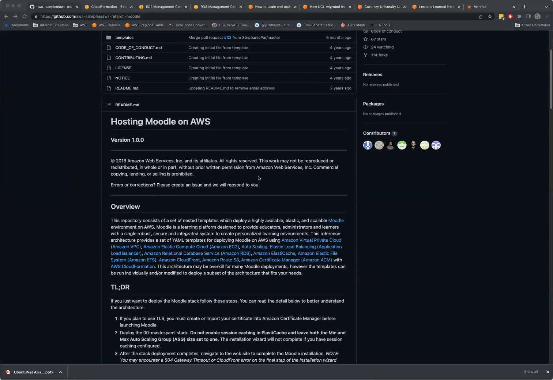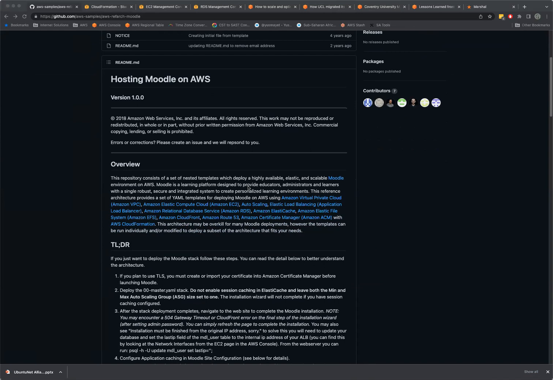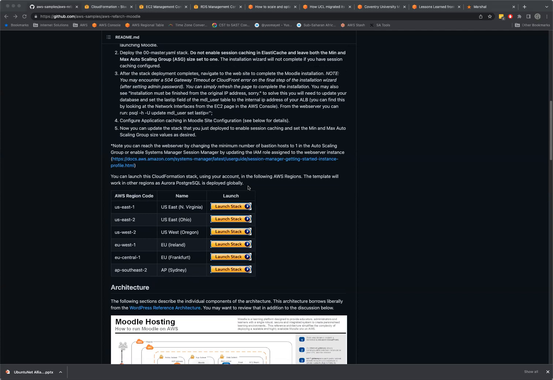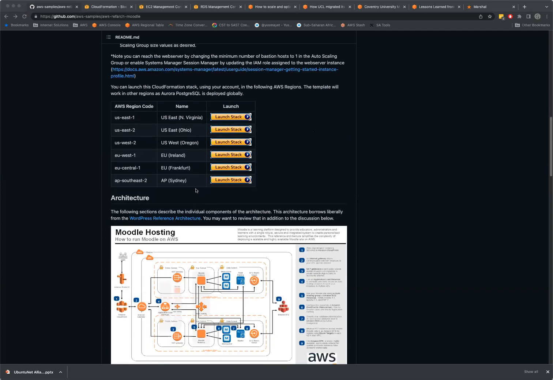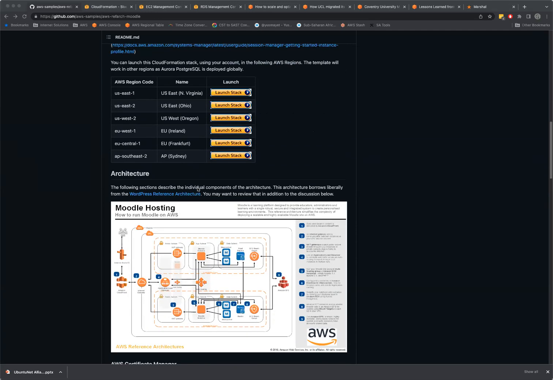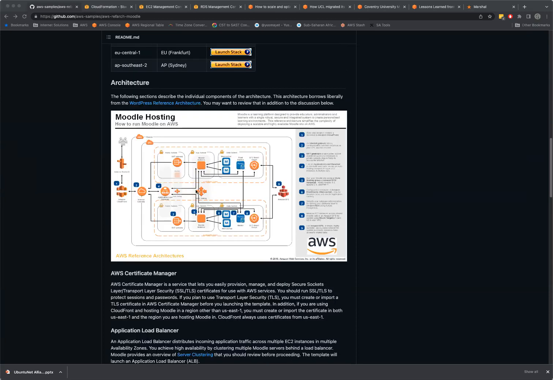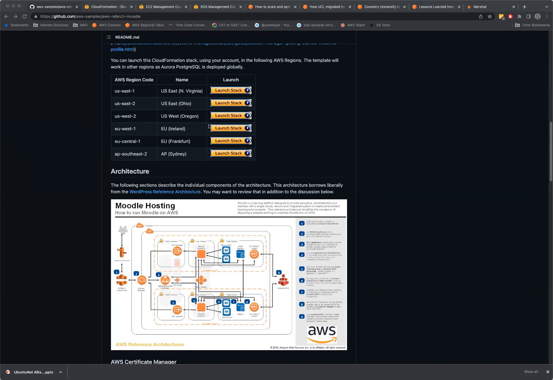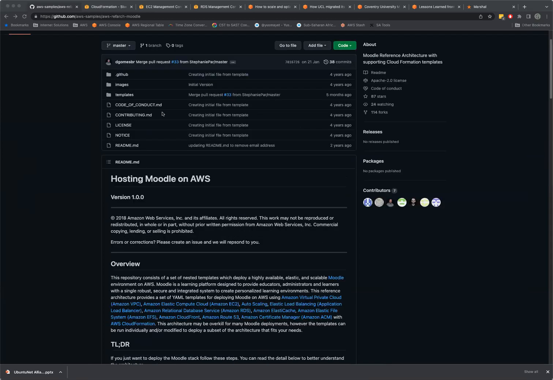So it starts off with how you provision Moodle in AWS. I'm on a GitHub page, which is where we've published the Moodle reference architecture together with infrastructure code. Specifically, we're using AWS CloudFormation, which allows you to automatically and very quickly provision a complete architecture. So this is a bunch of CloudFormation files and scripts that we've openly published